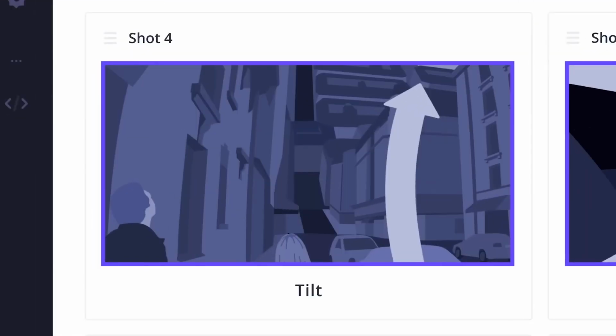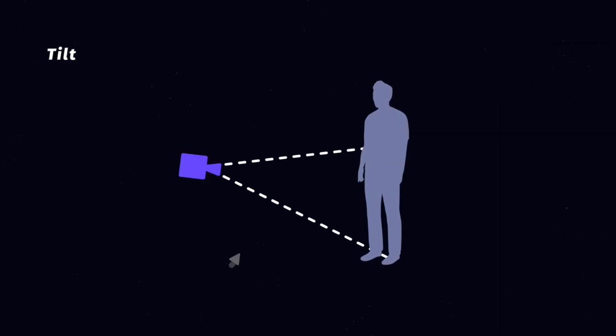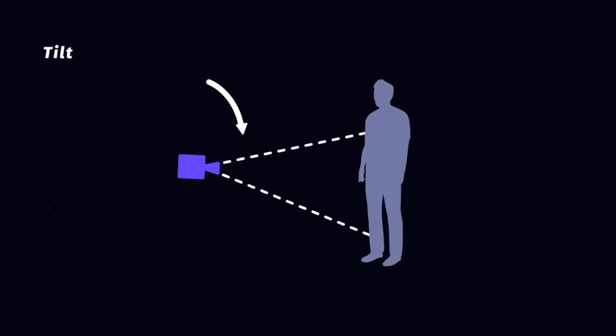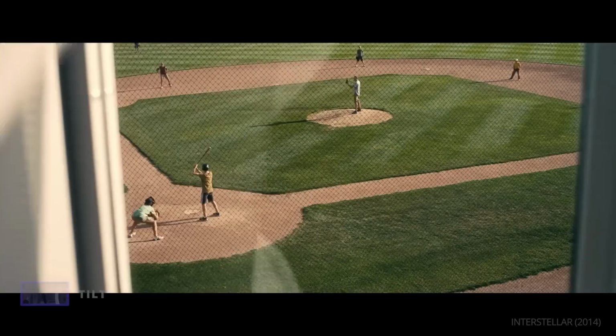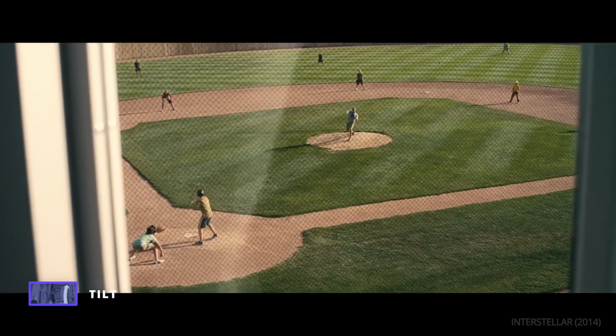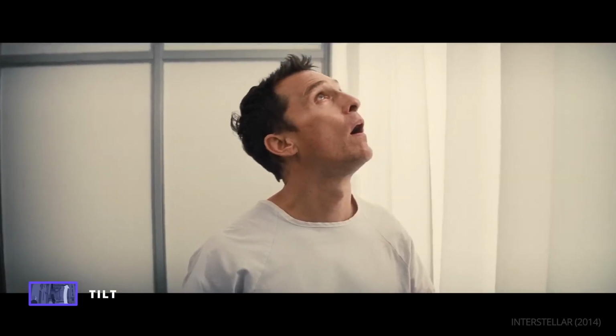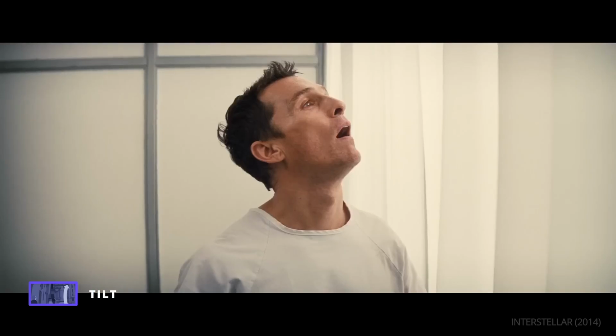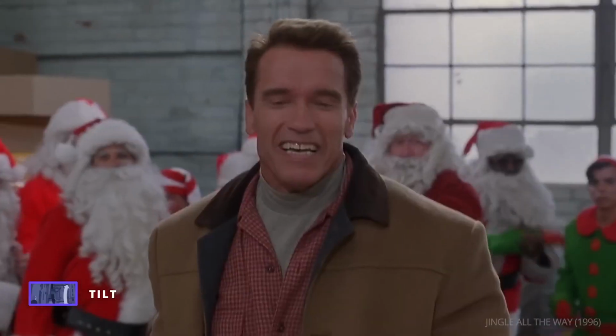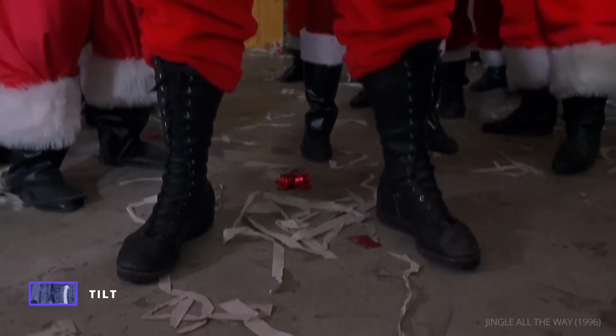The tilt. A tilt directs the camera upward or downward. Filmmakers use tilts to capture the verticality of a film's world. This can be used to give a character dominance